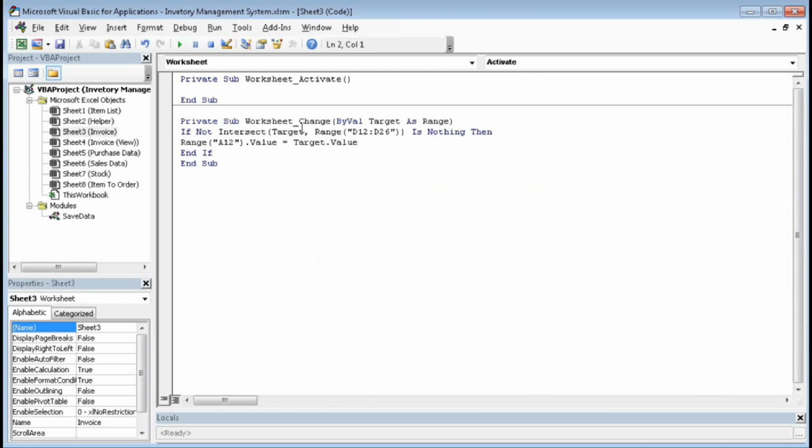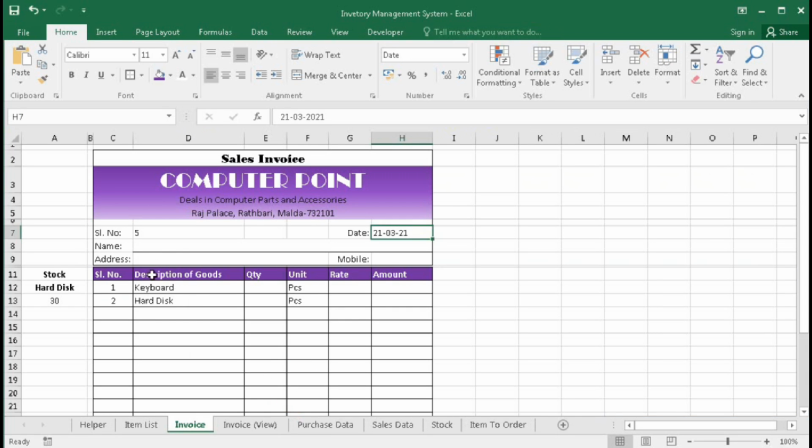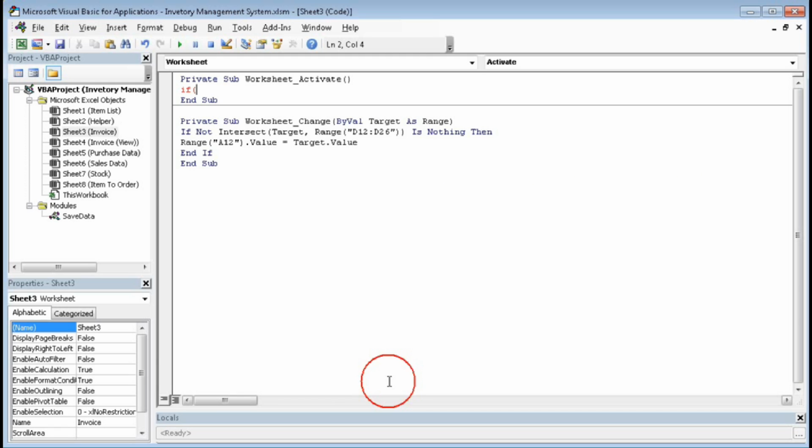Here we'll go: if, bracket open, then the range is C2.